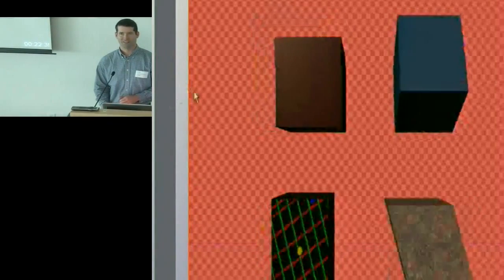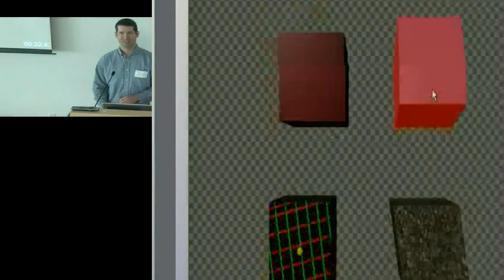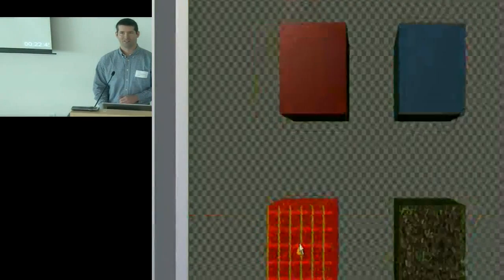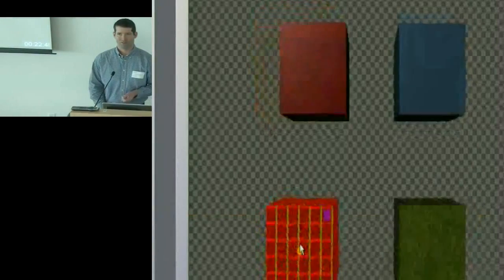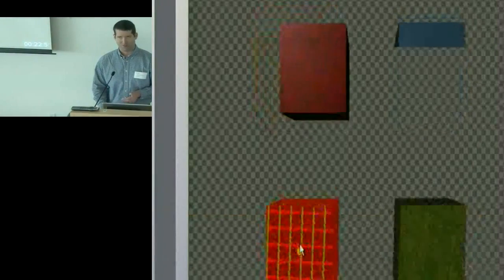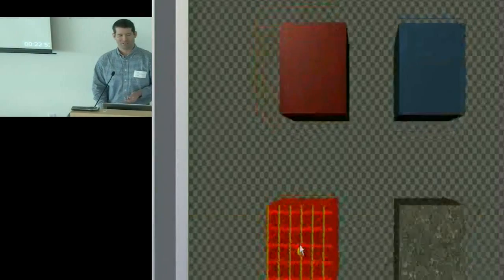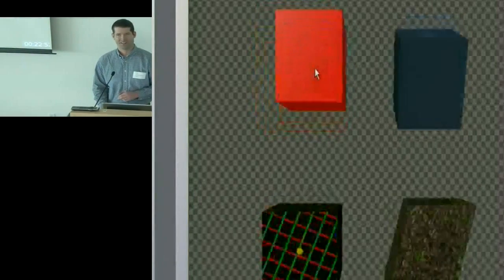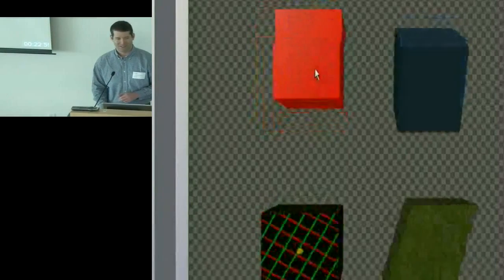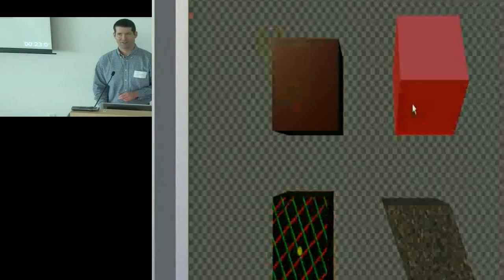And here's a very new feature, a picking feature. So we can use the mouse and determine the object that is under the mouse, and then use this to change an attribute. In this case, the incandescence of the shader is set to red.